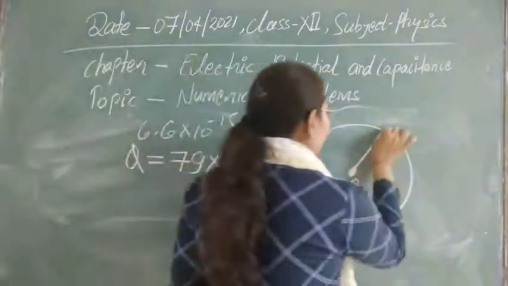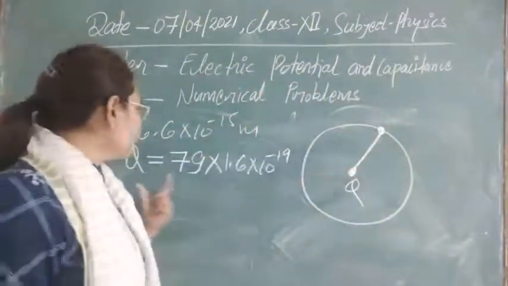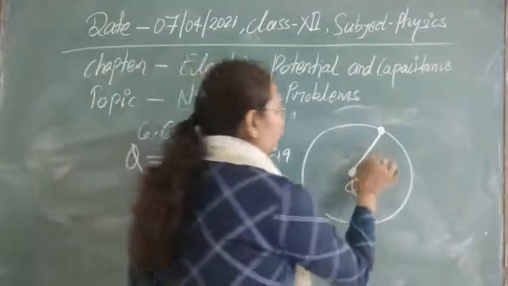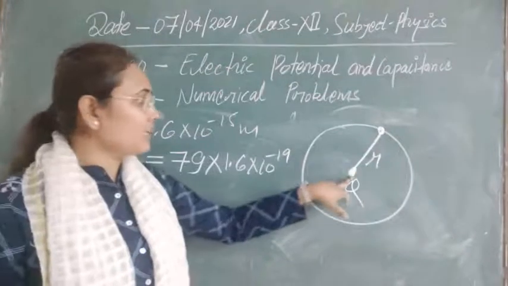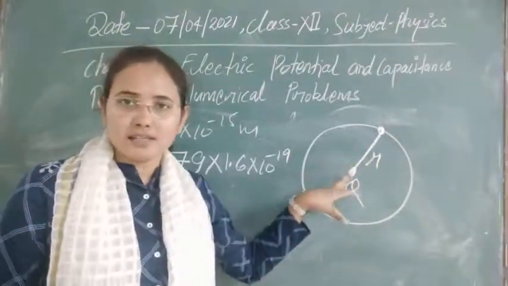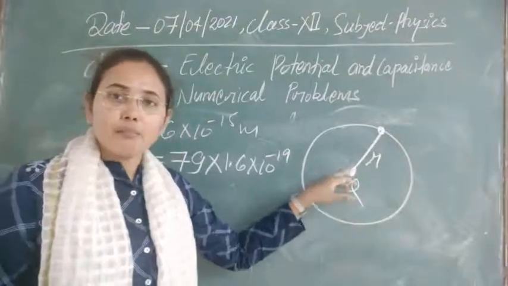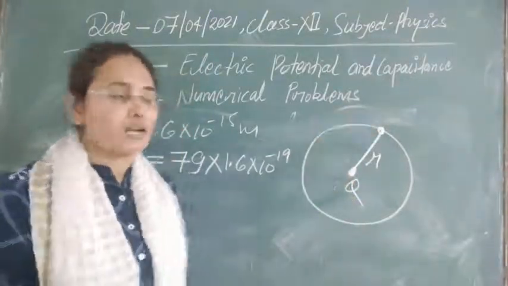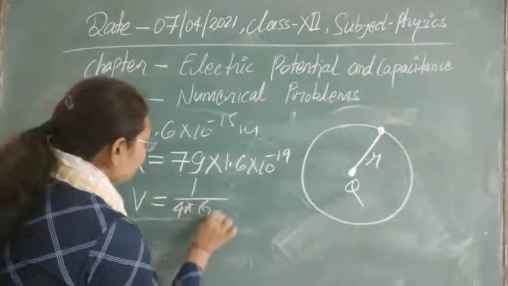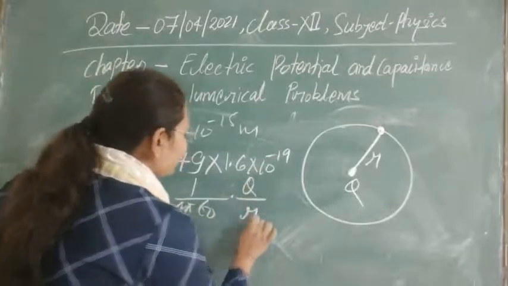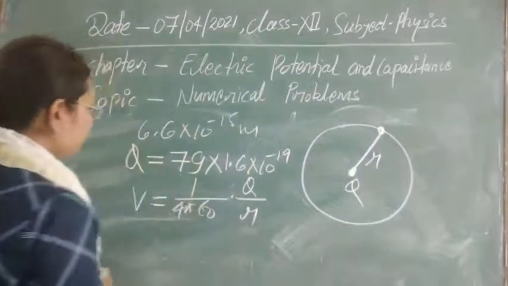Now we have to calculate what will be the value of potential at the surface here due to this charge Q. As radius is given, at r distance if you have to calculate the potential, then we can again see this is just like a point charge. Means a point charge Q is situated somewhere and we have to calculate potential due to the point charge at some distance r. So one formula we can write, V is equal to 1 upon 4 pi epsilon 0 Q divided by r here. Now let's put the values that we know here.